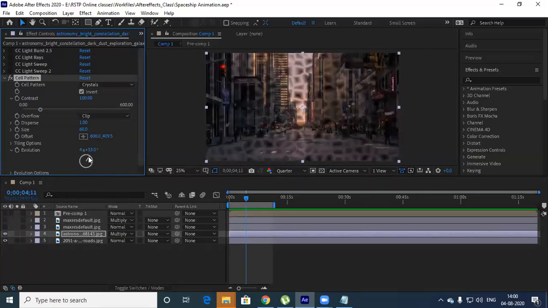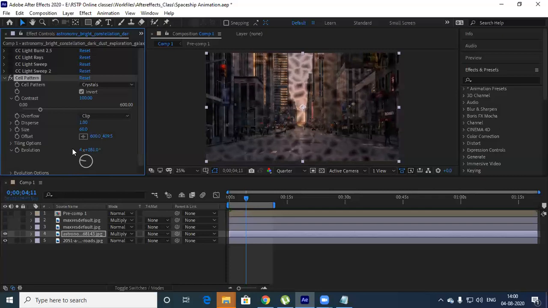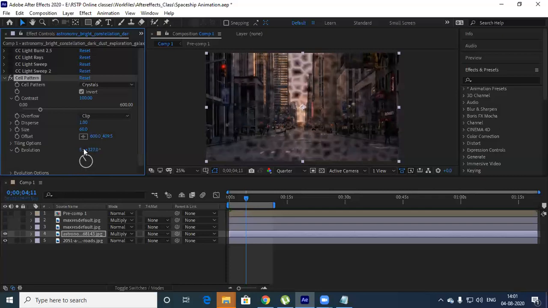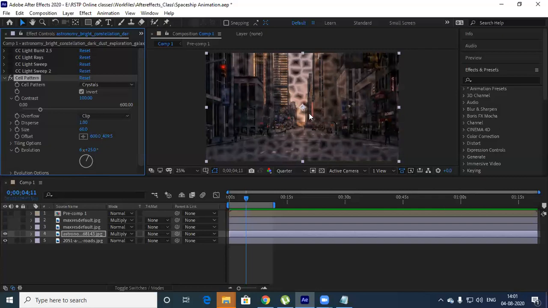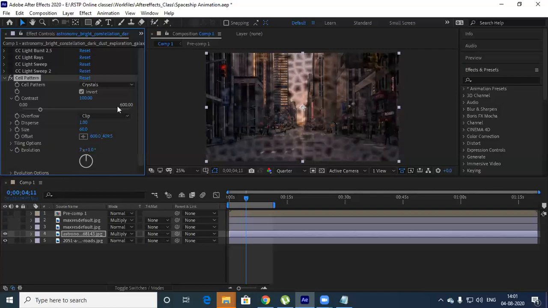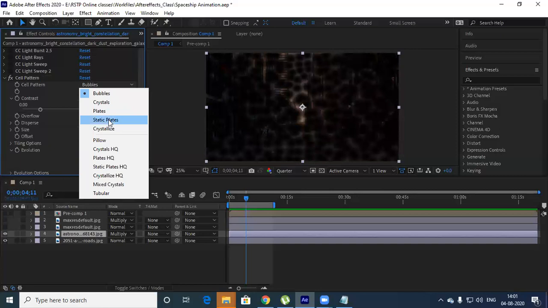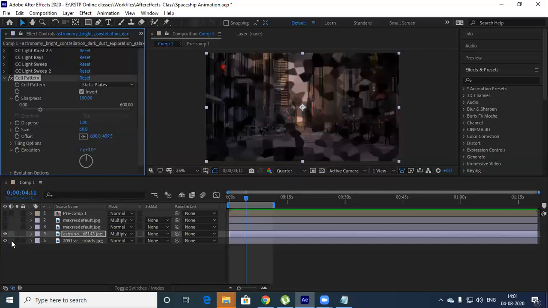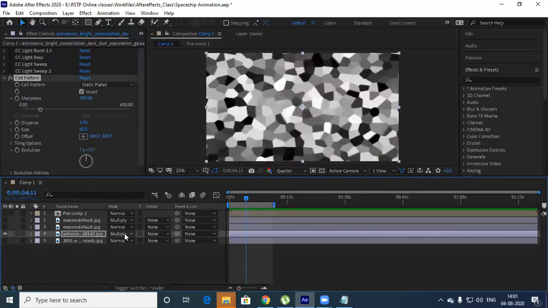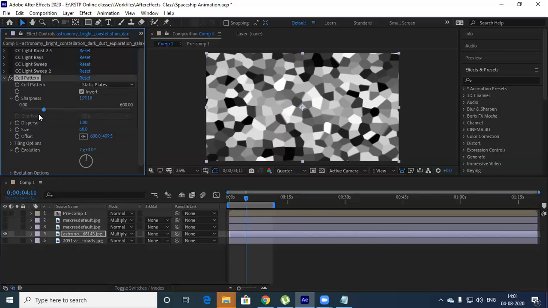Now see, in the lab, let's say you're creating an animation under a microscope, where you're looking into something. You can create an effect like this which looks good. Now this is bubbles. Similarly, next is plates. Let me turn off this one so that it is normal, so that you understand this basic footage first. You can define the sharpness and all in this. You can invert.